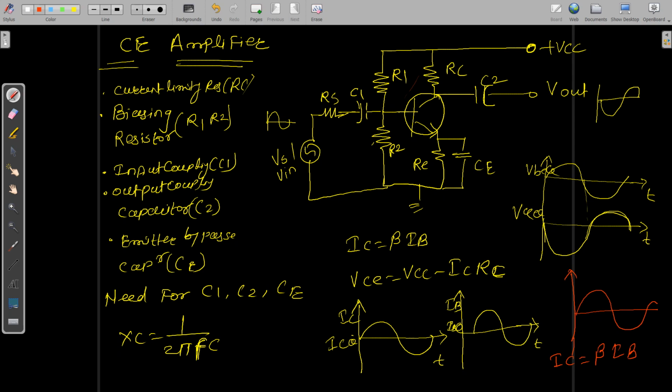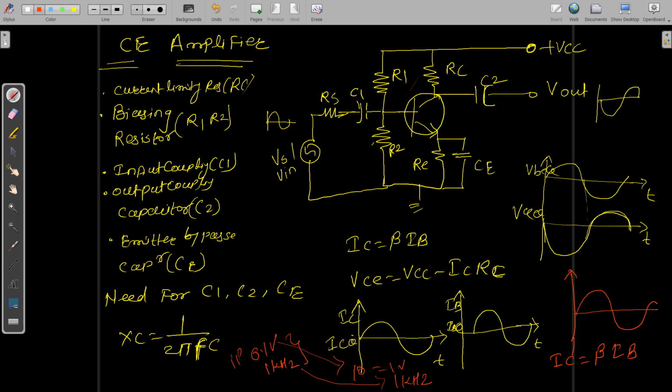In amplification, only the amplitude of the signal varies, not the frequency of the output signal. A simple example: if you give 0.1 volts of input at 1 kilohertz frequency, then when I give this to the amplifier, I should expect it to be increased by some value, let us say by 10. So you get 1 volt of output, but the frequency remains the same, 1 kilohertz. So amplification is only the increase of a signal in magnitude, not in frequency.